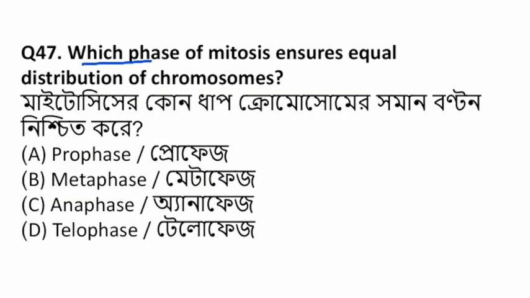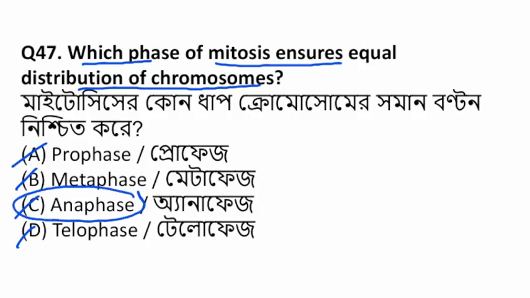Which phase of mitosis ensures equal distribution of chromosomes? এর মধ্যে থেকে মাইটোসিসের কোন ফেজটা ক্রোমোজোমের সমান বণ্টনটা নিশ্চিত করছে? প্রোফেজ, মেটাফেজ, অ্যানাফেজ, টেলোফেজ। The equal distribution of chromosomes is ensured by the stage called anaphase, যেখানের মধ্যে ক্রোমোজোমগুলা দুইটা পোলের দিকে ইকুয়ালি সেপারেট হবে।